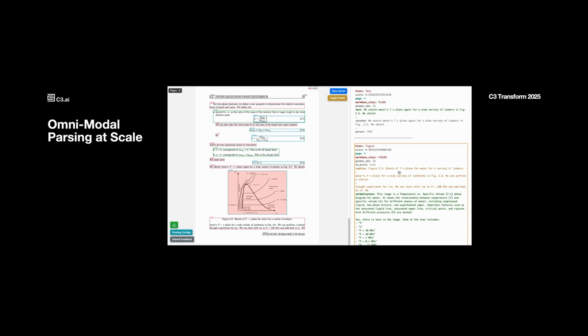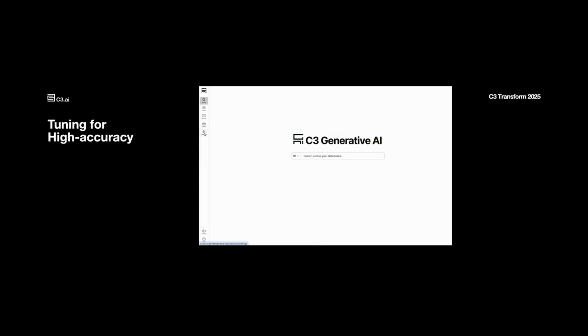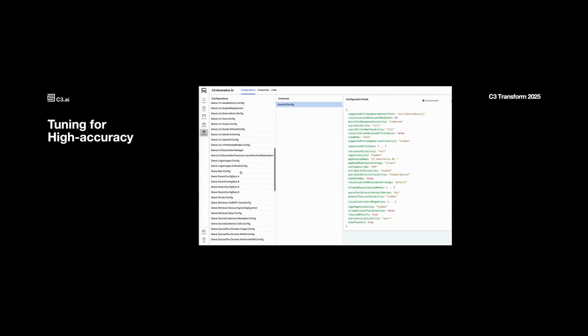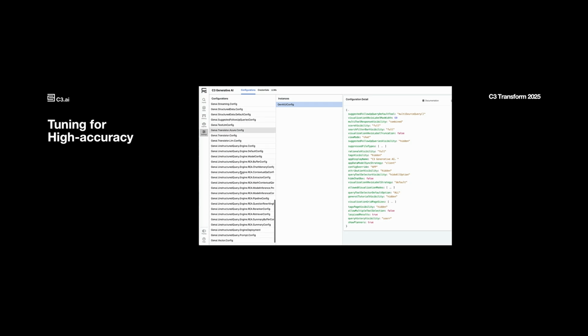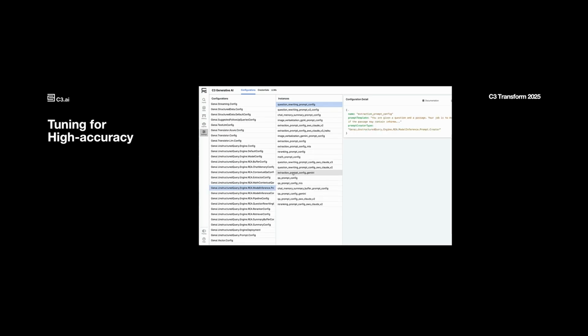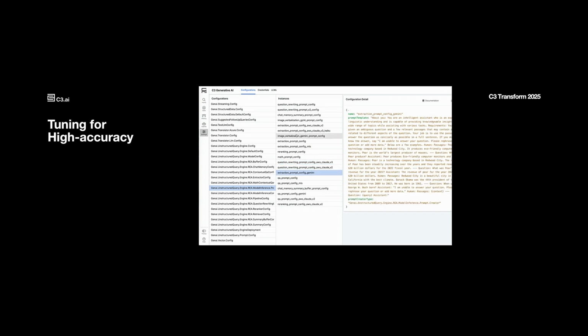I know exactly what data came from what table, what data came from what figure, and there's so much engineering that goes into these. And then also the ability to tune these things for high accuracy. We can't live with the 30, 40, 50% accuracy that you will get with the agentic systems out of the box from any of the service providers, from any of the cloud providers.